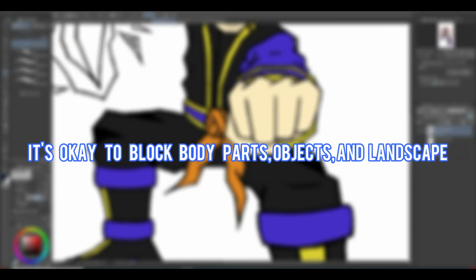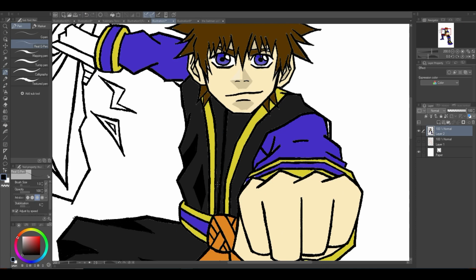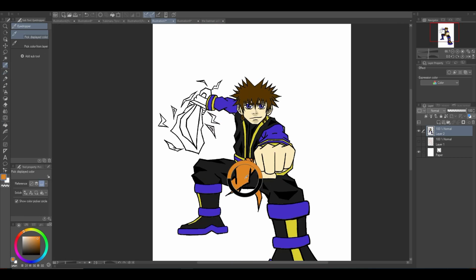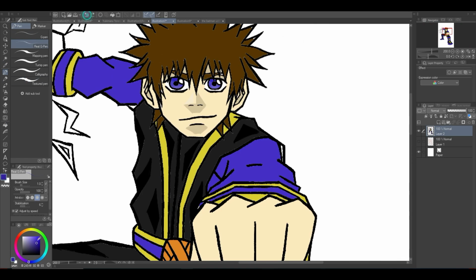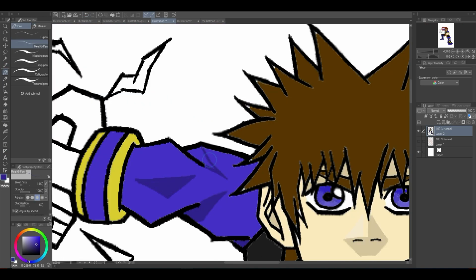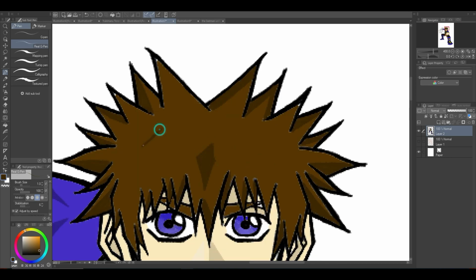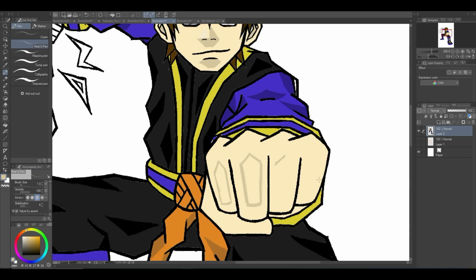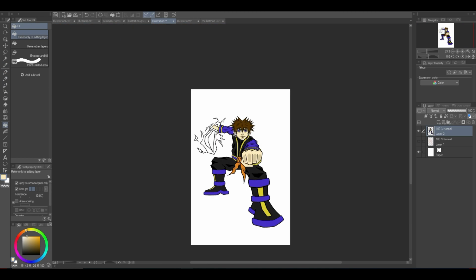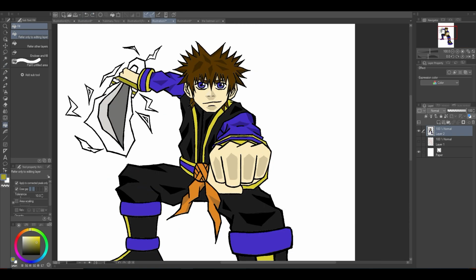One final thing that I can advise you guys is that whenever you're foreshortening something, especially a character, it is okay if you are blocking some body parts. Again, we're going to use the image that I'm drawing as an example. It is okay that I am blocking half of my character's stomach with his big arm, just extending his arm. He's extending his arm and you see his fist and you see bits and pieces of his arm,